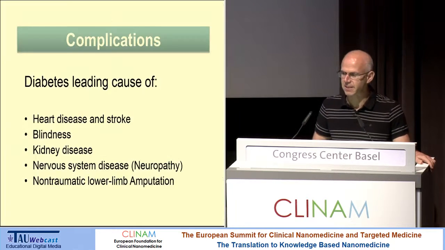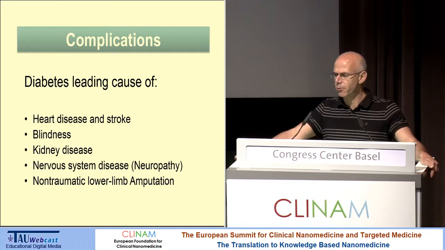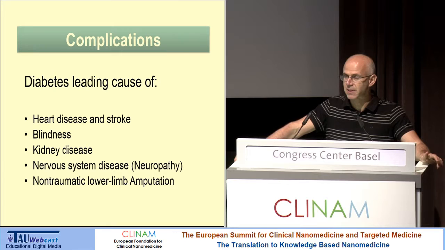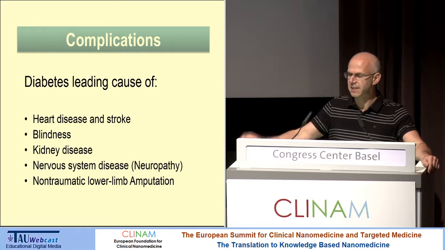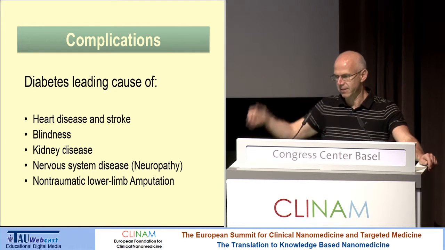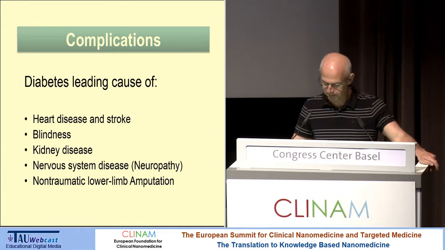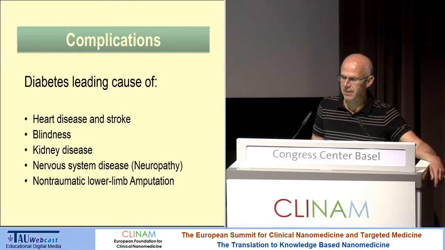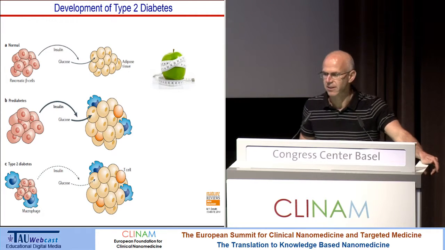And why is diabetes such a problem? It's a leading cause of heart disease and stroke. In our countries, I mean North America and Europe, it's a leading cause of blindness and an increasing cause in the rest of the world, leading cause of kidney disease, nervous system disease, and non-traumatic lower limb amputation. So, tremendous consequences of diabetes, and therefore, rapidly, before we say what could be done there, in one slide,